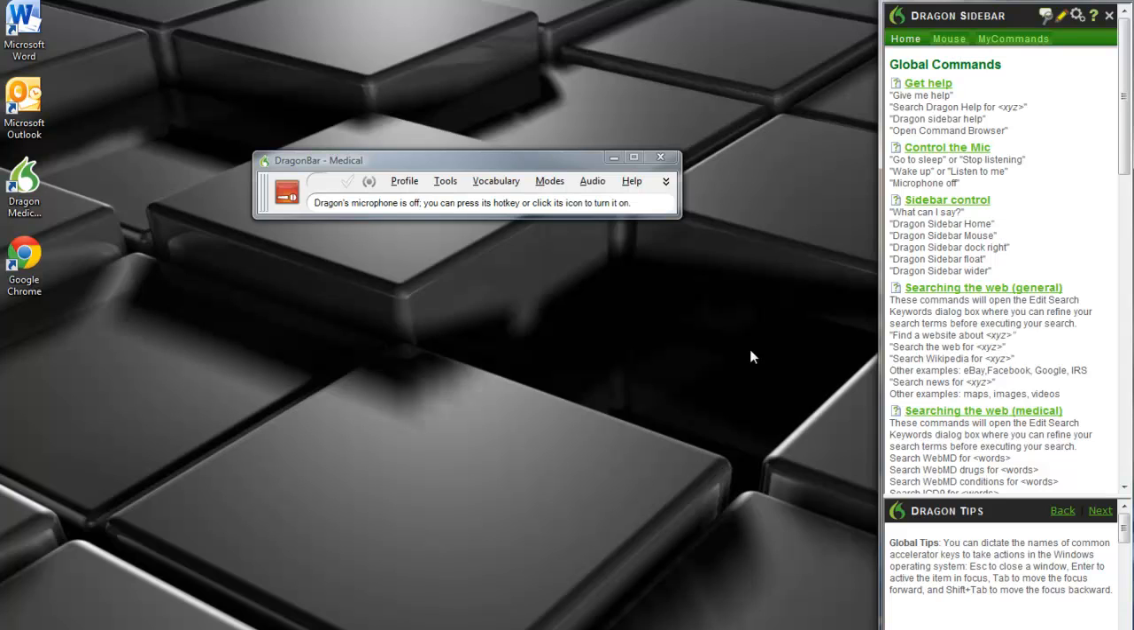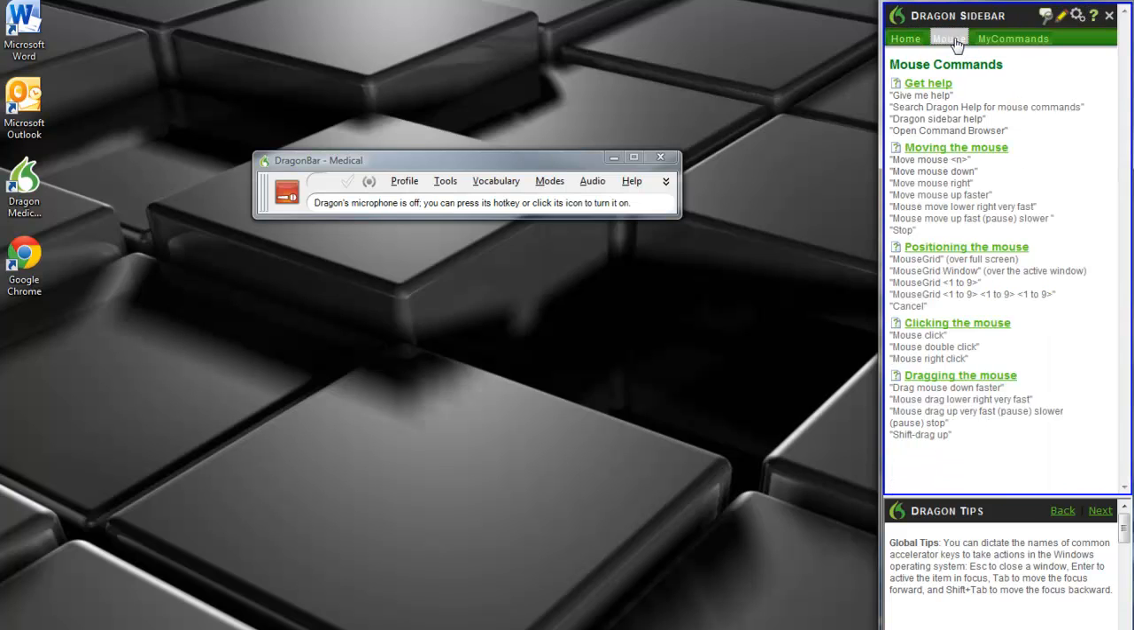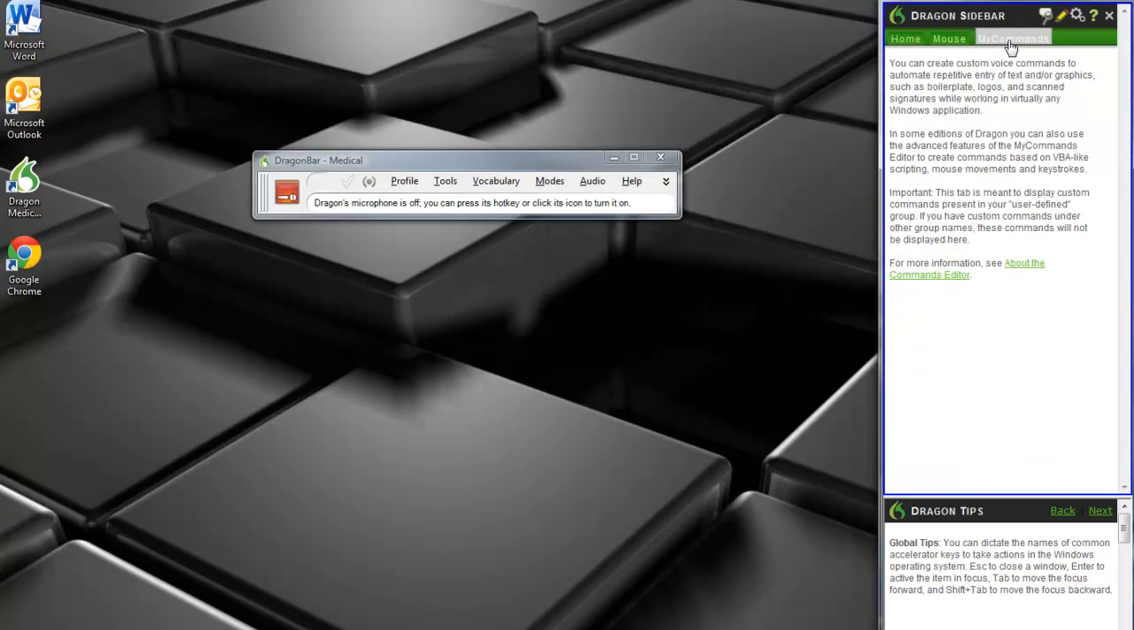There are several things about the Dragon sidebar that I like. First of all, across the top we have a little toolbar that can take us to the vocabulary editor. It can take us to the options menu. It can take us to the command browser and even to the help window just by clicking on one of those toolbar icons. We can also change the content of whether it's home information, mouse commands, or personalized custom commands